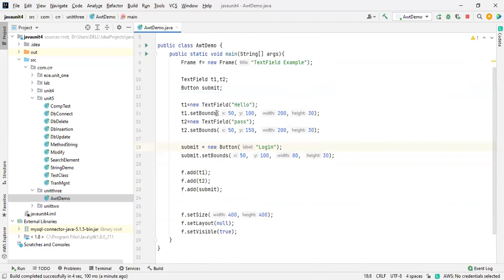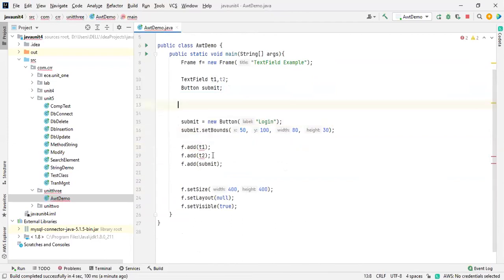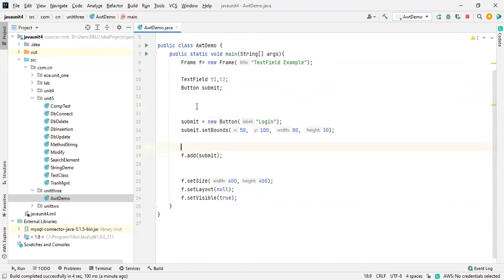Okay. I will try to remove this one and then I will check. Only the button has been created and I just removed the text fields. I want to know whether it is working or not. Is the button inside the text field? No, the button is not inside the text field. It is behind the text field, so it is not visible. That is the issue. So I remove the text fields and all, then I'm going to run it again.